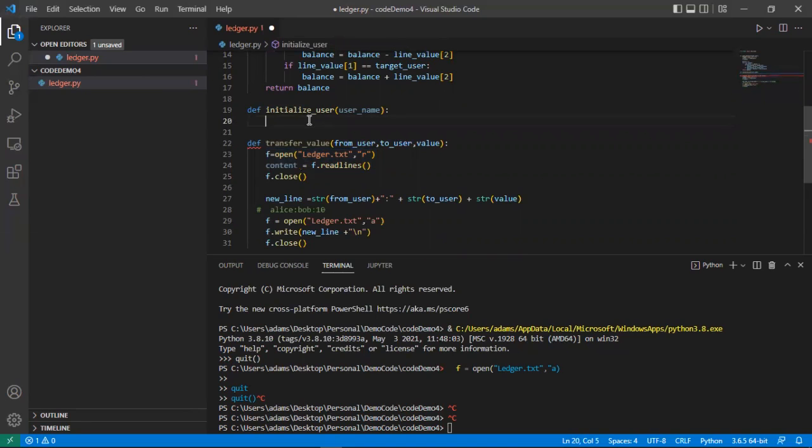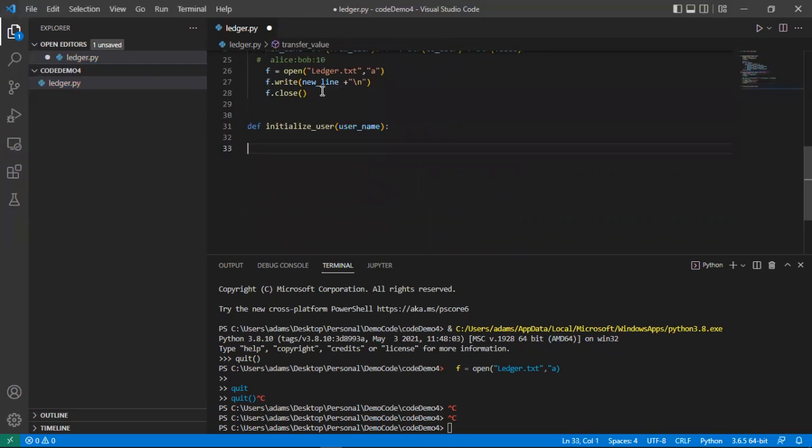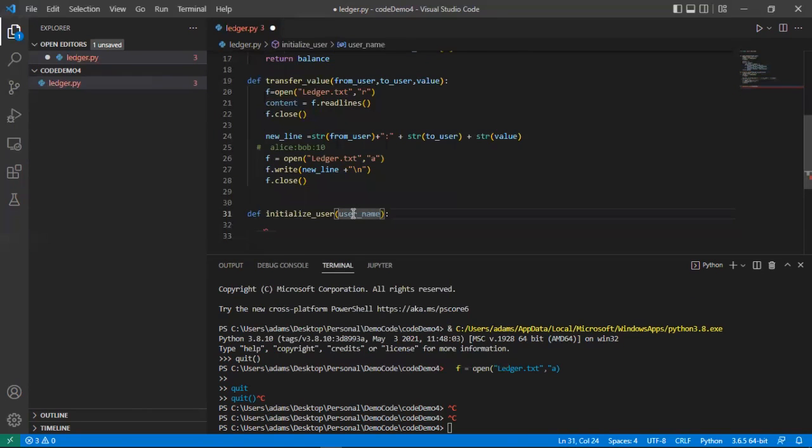And in this case, we can actually call this same method. So I'm going to move it down here. So we can call transfer value. So we're having one method call another. The default for this, we'll call it ledger. It's going to go to the username. And then we'll say 100. So what this is going to do, it's going to look like,